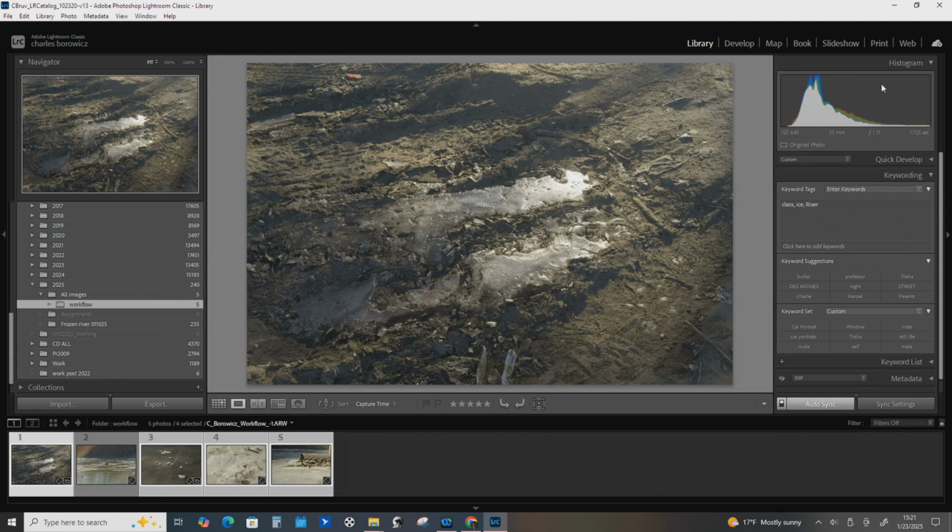And over here, we have our histogram. If you don't know what a histogram is, now's a good time to learn. The histogram from the left to the right shows darkness to brightness. It's a pretty simple tool. You can see in this version of a histogram, you can see that there's white, which is luminance. You can see there's green, which is the green channel. Surprise, surprise. You can see red, which is the red channel, and blue, which is the blue channel, because all our pictures are made of RGB, right? So it's showing all those